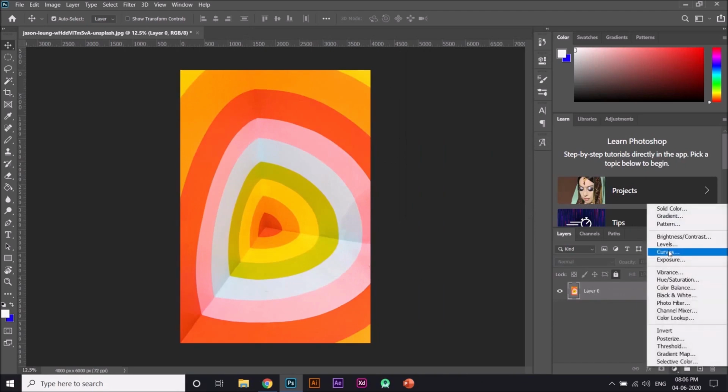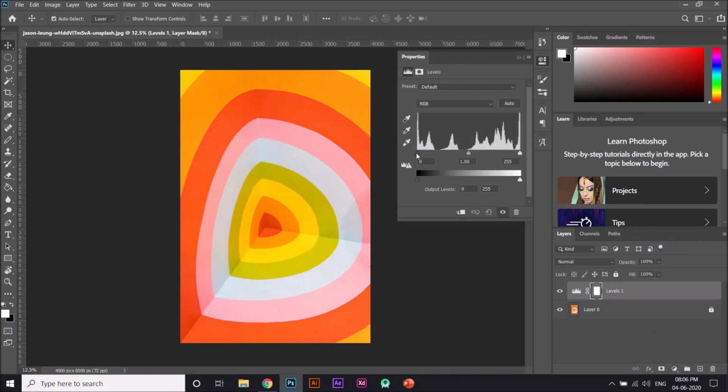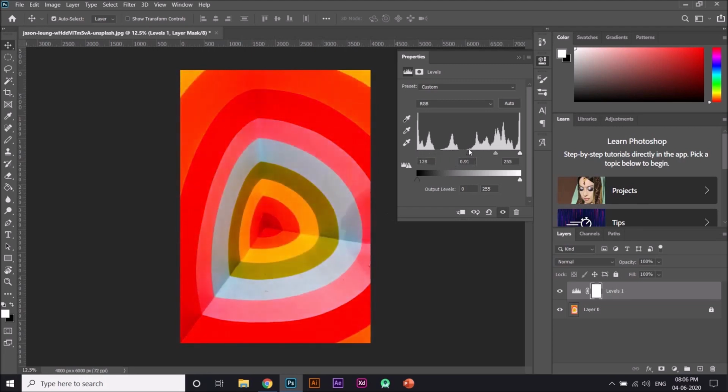Here you can find the next one which says levels. Levels, you can see when I drag this left and right, the colors change. This is nothing but the levels of these colors changing according to this graph right here. And here you can see I can adjust this like this. All these options, adjustment layers, are up to you because you have to experiment yourself and find out the best possible adjustment for your layers.